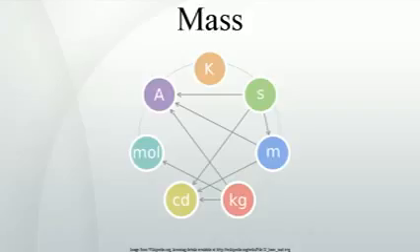Inertial mass is a measure of an object's resistance to changing its state of motion when a force is applied. It is determined by applying a force to an object and measuring the acceleration that results from that force. An object with small inertial mass will accelerate more than an object with large inertial mass when acted upon by the same force. One says the body of greater mass has greater inertia.